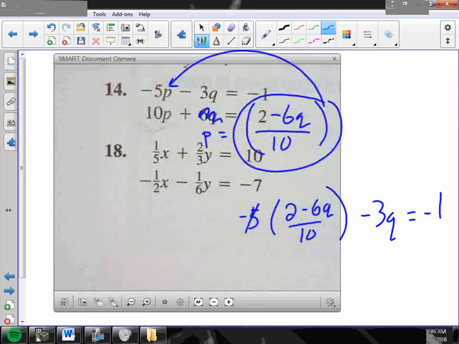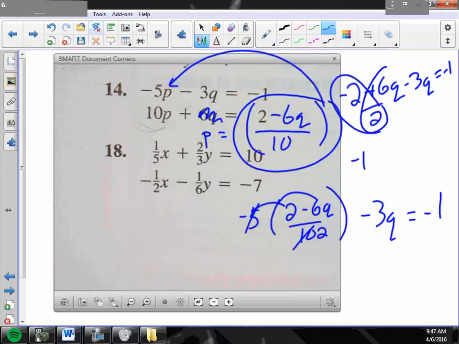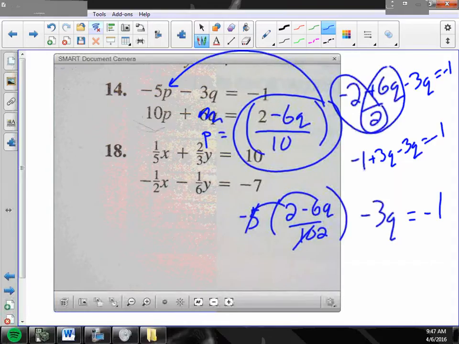So 5 turns the 10 into a 2, right? Then I distribute the negative. So negative (2 plus 6q) divided by 2 minus 3q equals negative 1. Well, what is negative 2 over 2? Negative 1. And what is 6q over 2? 3q. So plus 3q minus 3q equals negative 1. The q's cancel. And negative 1 equals negative 1, which means